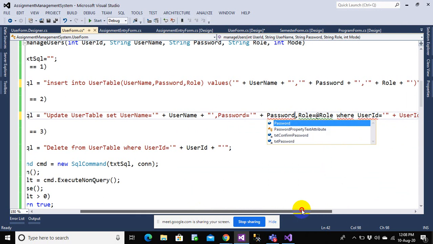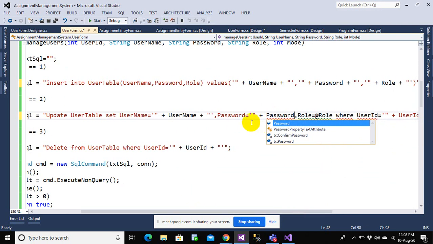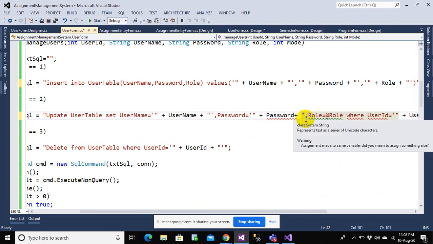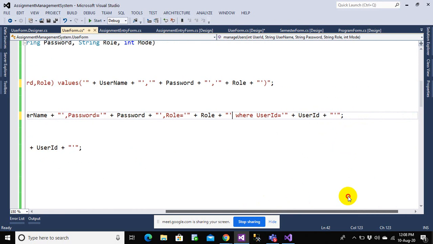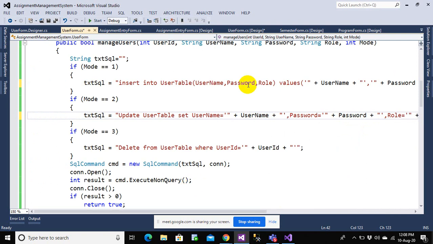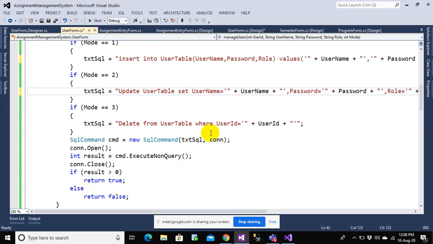This has to be role. I hope you don't worry if you don't understand this right now, because it is not easy to understand. I'll come back to this. Do not worry if you do not understand, because it was my mistake.